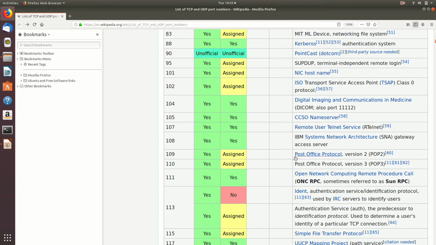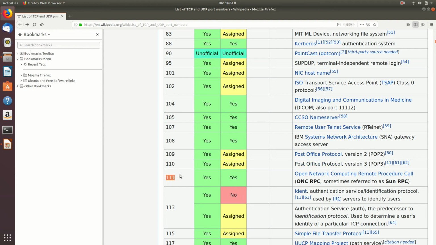So for downloading a mail, so we are using post office protocol, the POP protocol, and later we have another better version of this called the IMAP. So both are using for the same purpose. So if you look at 109, it's a post office protocol version 2, where 110 is post office protocol version 3. So you can remember 110 for us post office protocol version 3. So just think about its double. What is 110? 2 times it is 220, and 220 is actually used by the IMAP protocol. So that is also doing the same thing, right? So IMAP version 3. So right, in that way you can remember.